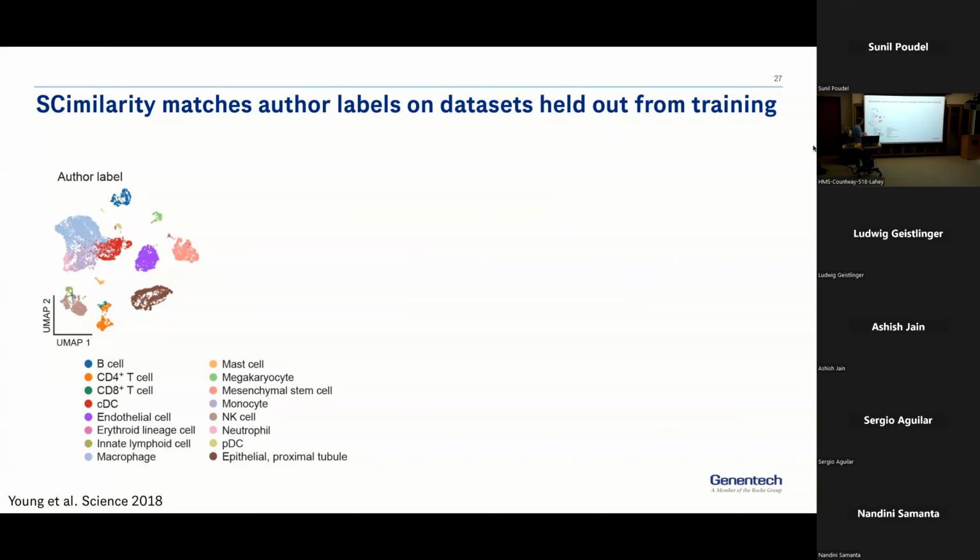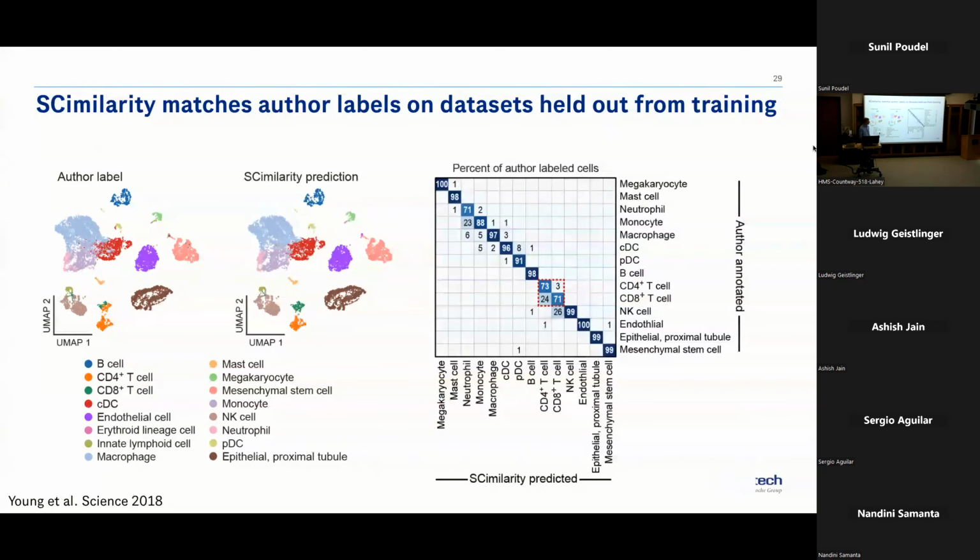And of course, this entire study is held out from our training set. So this is a brand new data set. This would be as if you collected a data set tomorrow and wanted to classify this data set. The model has never seen this before. And so we can classify and see how well it matches. And to a large degree, this matches quite well. And we can quantify this in a confusion matrix, and we see our nice diagonal here.